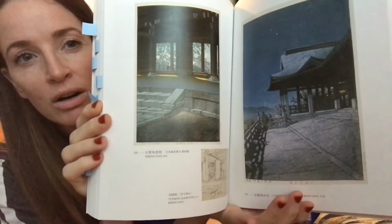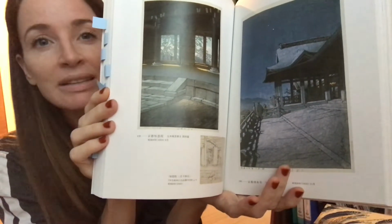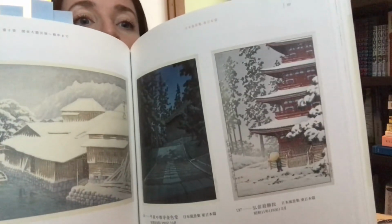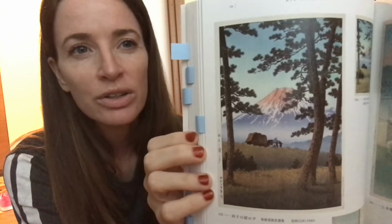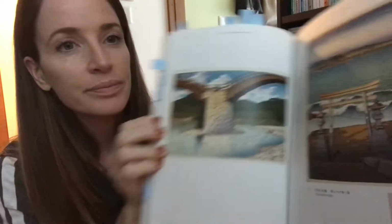What I really like are his works that take place at night, because being able to print the night, I think, is absolutely stunning. So like this one in the snow with the pagoda is quite famous. And I mean, his use of color, I just absolutely love. And so